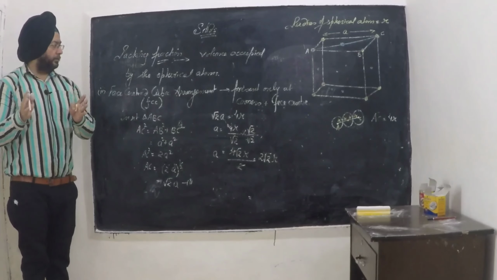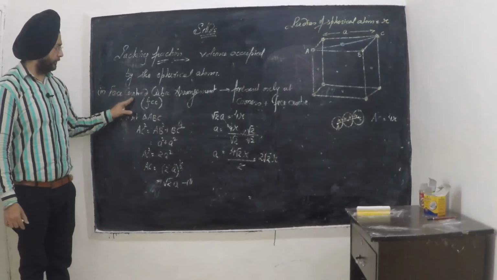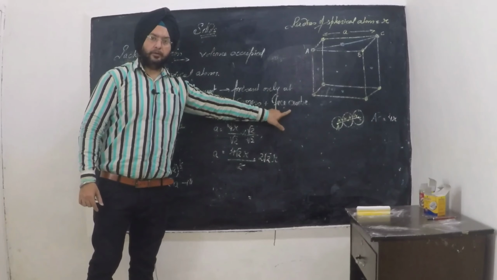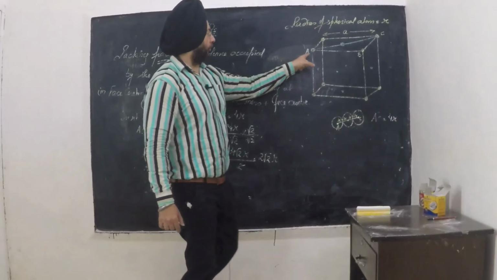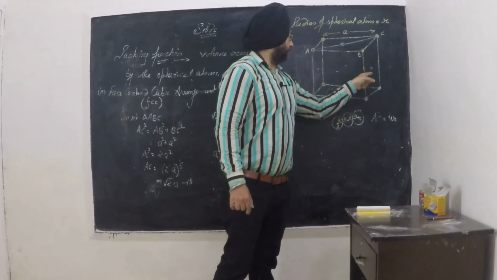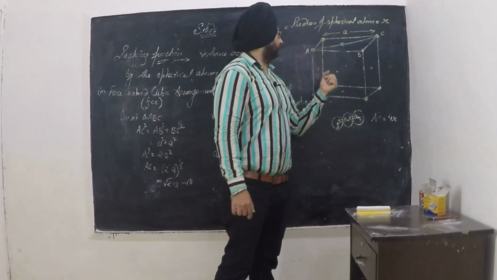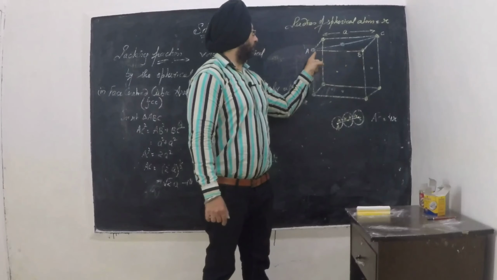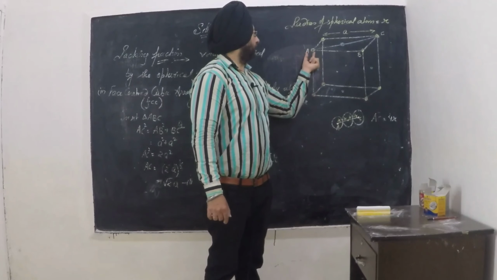So once again, I think I should repeat it from the first point. Face centered atoms are present at corners plus face center. Now, the diagram is here. Atoms are present at the corners as well as at each face. But we have to deal with only one side, so one face center is there. As the angles are 90 degrees between each face, apply the Pythagoras theorem.